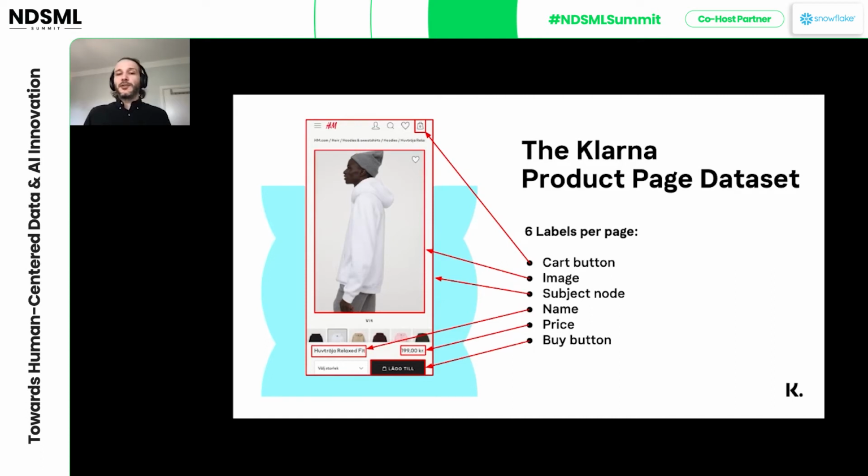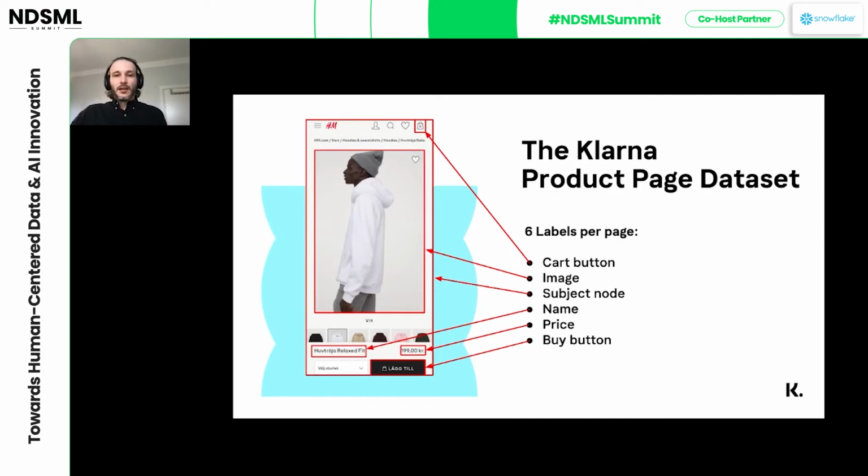extracting the image of the product, the name, the price, and in our experiments, we also try to extract something called the subject node. This is the lowest common ancestor of all the labels. And semantically speaking, it's the node in the DOM tree most likely to contain all the important information on this